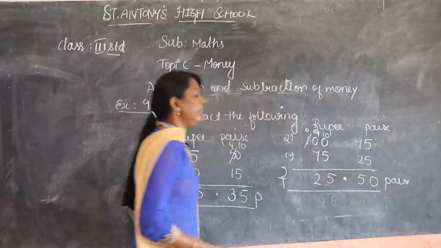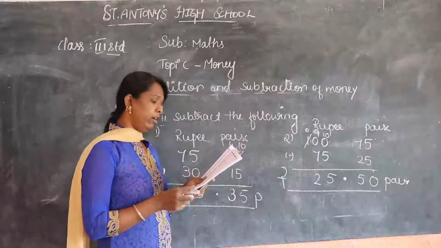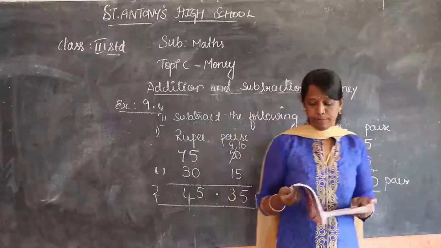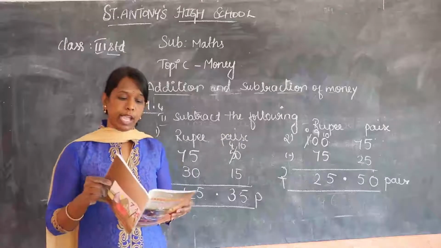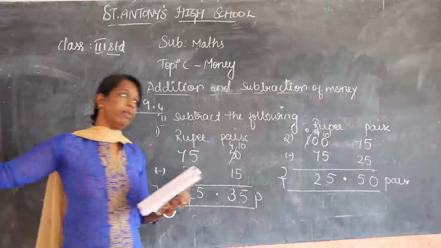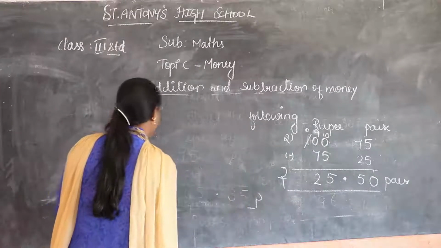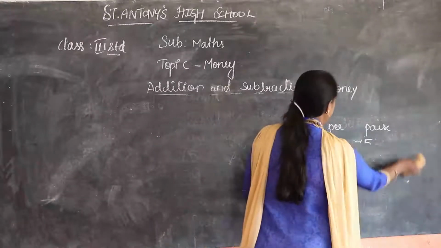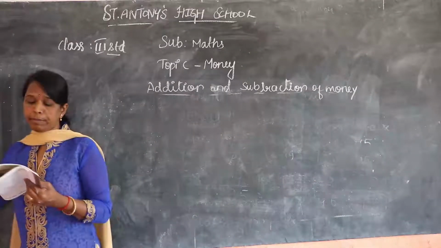Okay, like that you have to fill in all the fillings in your textbook using your pencil. Now you have to solve some statement problems, some verbal problems. Here Shekhar purchases an ice cream by paying rupees 7.25, which means rupees 7 and 25 paisa. And he also purchases a pen. The cost of the pen is rupees 5.25. What is the total amount spent by Shekhar?